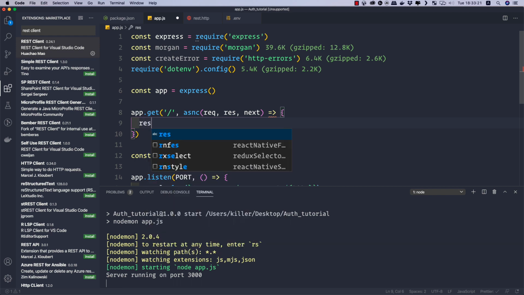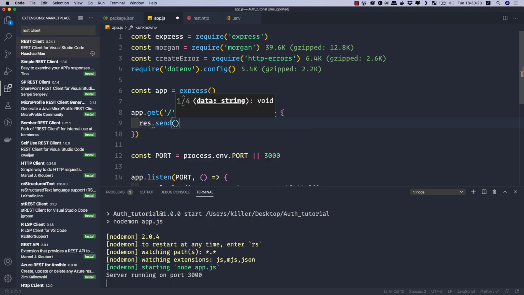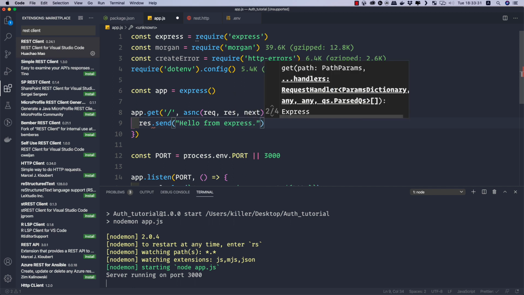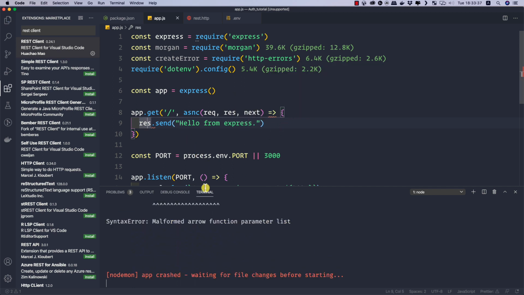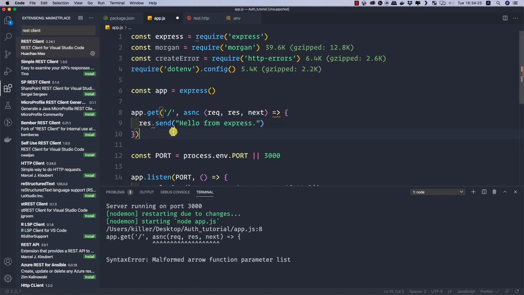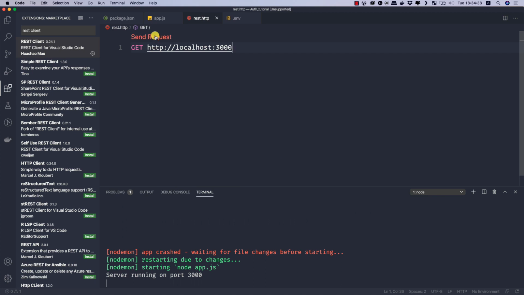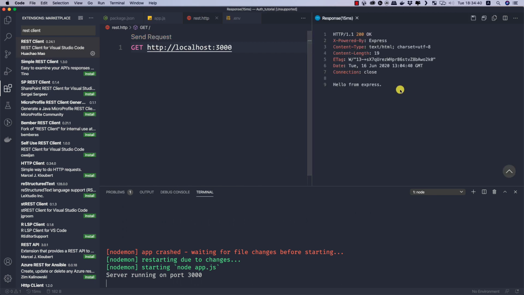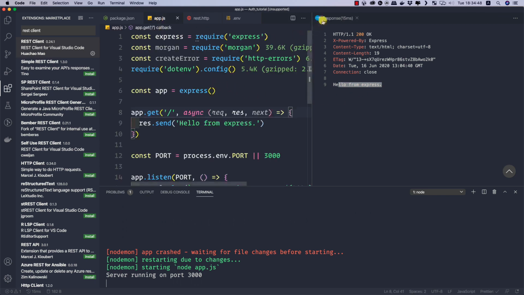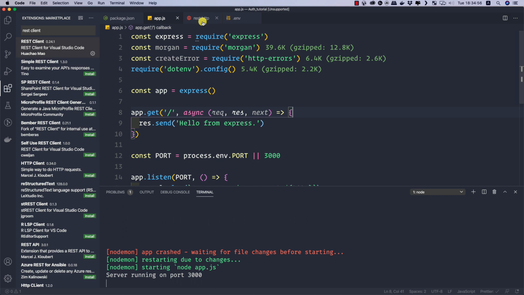So now here we can simply say response.send, and here we can simply send hello from Express like this. Now let me save this app, and I don't know how to spell async, so I forgot a Y here, so it's async like this. So now let me save this application again, and now let's go to our home route, that is let me make a GET request to this home route, and this time we'll be saying hello from Express, so our application is running. So now let's go back to app.js, and now let's handle the errors in the correct way.